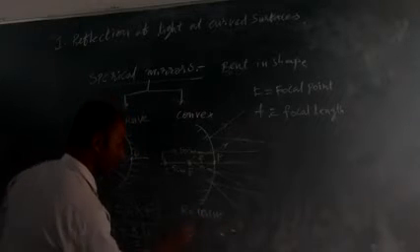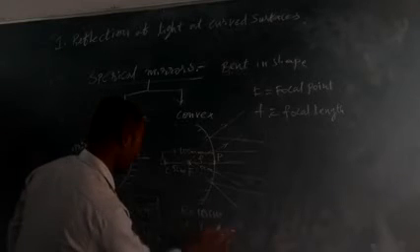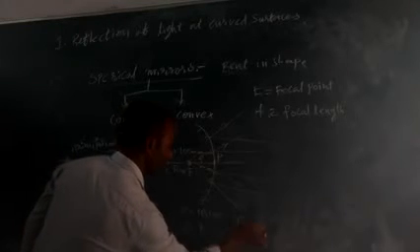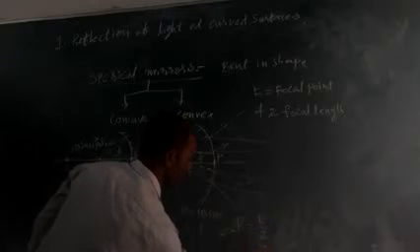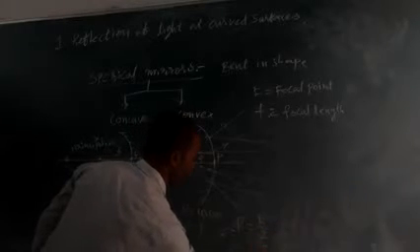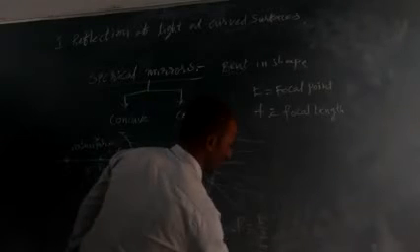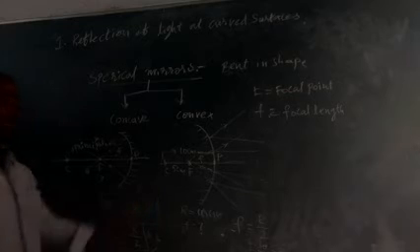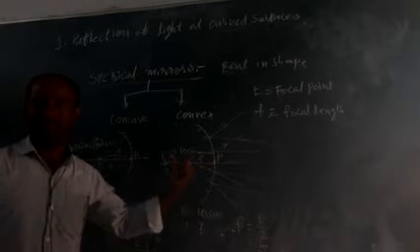Then F is equal to how much? You have to use the formula F is equal to R by 2. Then 10 by 2, you are going to get focal length is 5 centimeters. Is it clear now? Focal length is 5 centimeters. Here, same thing I have explained in this particular diagram.